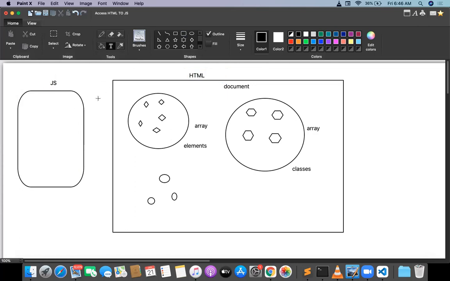Okay, fine. From HTML to JavaScript, how to transport these elements, how to transport these classes, how to transport these IDs. Transport is very, very important. Without transport, I can't perform any operation on this element. For example,